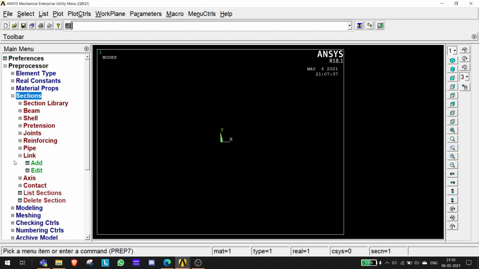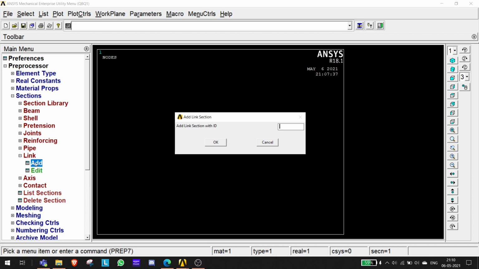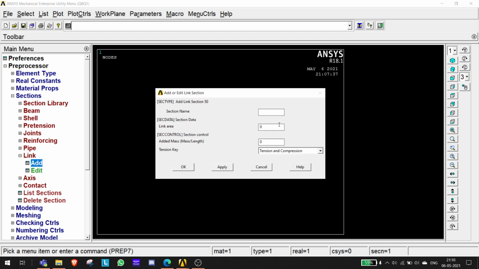Now you have to define the section. In section, you have to add the area of the link. In beam we used to add different kinds of sections, right? So here we'll be adding link kind of sections. In link, I'll click add. Section ID, I'll keep it as 50 because the area is 50 millimeter square, so I can remember it better. It asks for link area, so that will be 50 millimeter square.